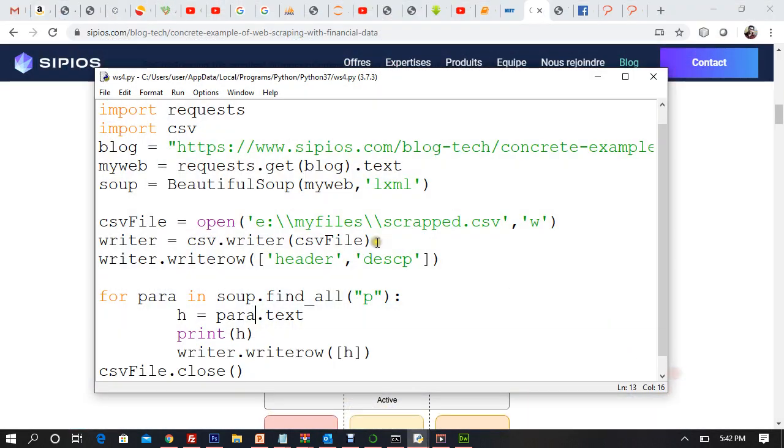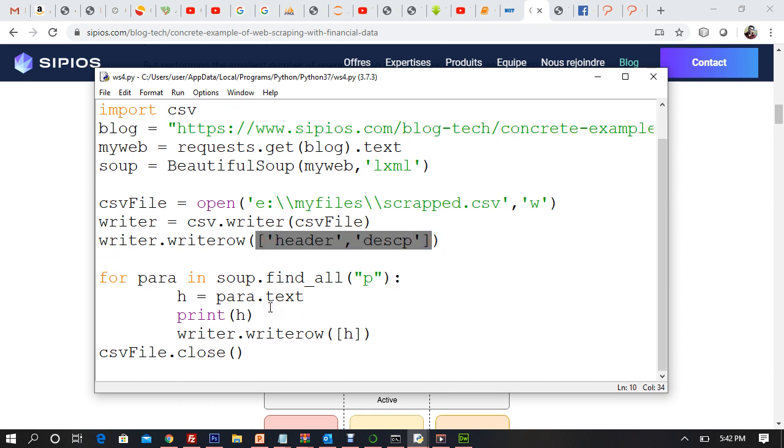All right, what we did here, we imported the CSV file, requested the URL, grabbed the URL, right, passed the URL and parsed the URL using LXML. You can use HTML5lib as well, and open the file with W, means I want to write to this file. So what this W does, even if the file does not exist, scrap.csv, it's yet going to create that file for you. Alright, and then you open the writer on that file, and you have written 2